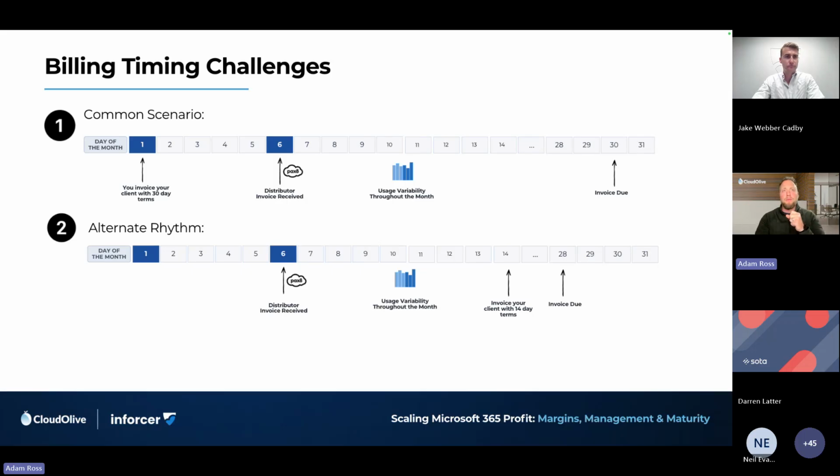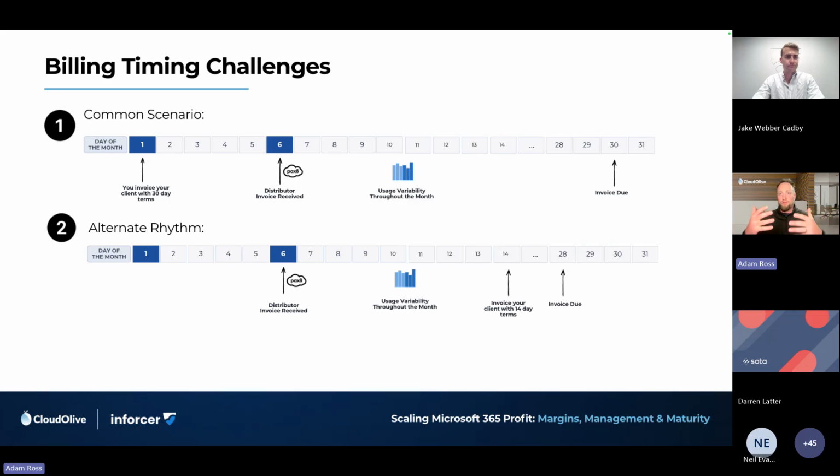Another piece of this is, if you're in a common scenario like scenario 1 or scenario 2, you can likely understand and feel those challenges and the timing issues, right? I think Cloud Olive really exists because the timings mismatch across many, many different things in this game, and APIs are not reliable.